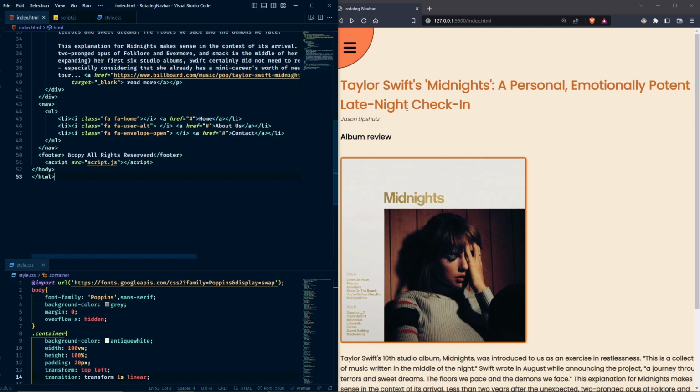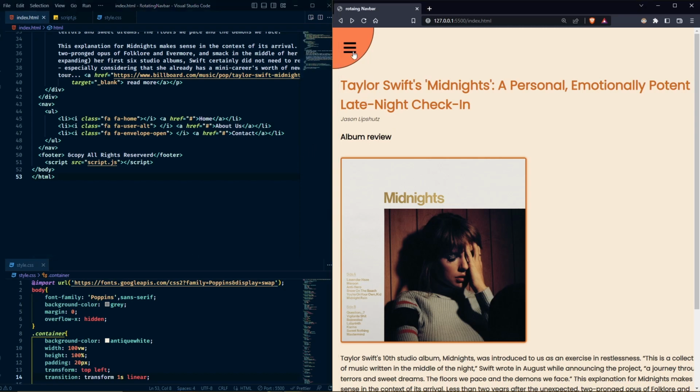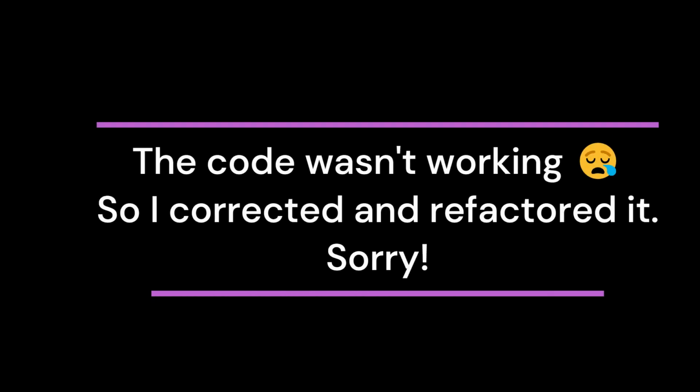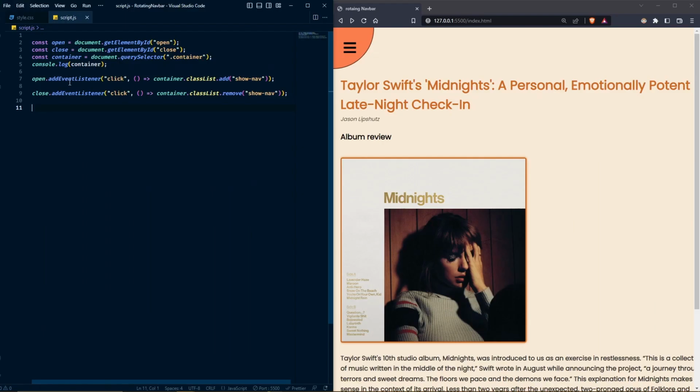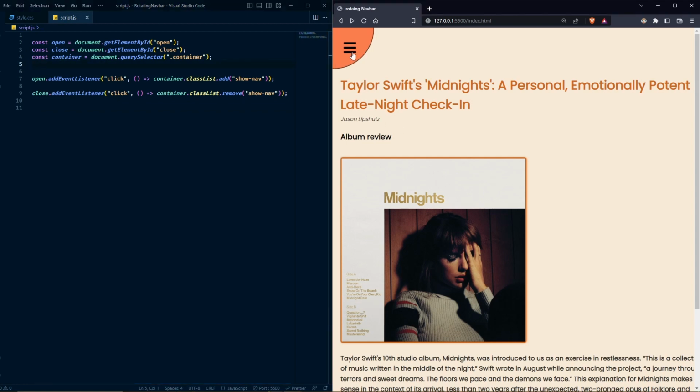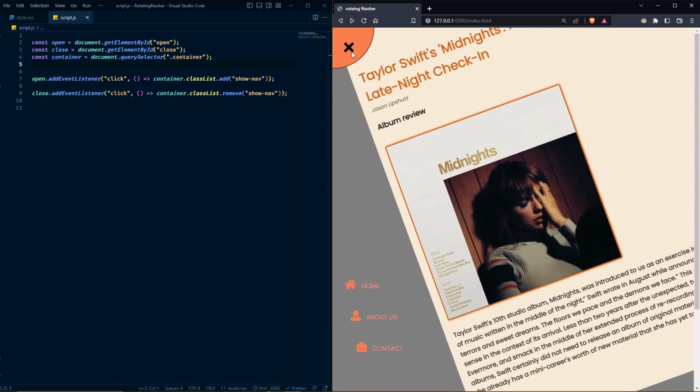So in our index file we have this. So let's go ahead and add two event listeners to both of these buttons, and we cannot use curly braces because we are returning only one element. So using curly braces will not work. So now let's go ahead and test this. So yes, it's working,